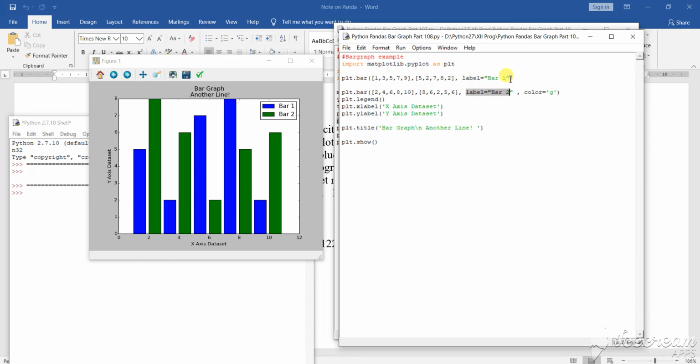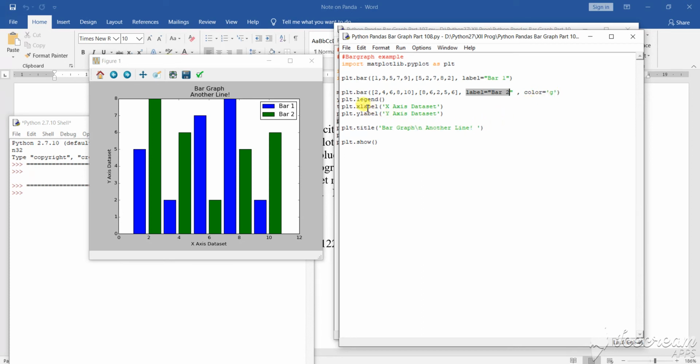Then the color specification. For the first one I didn't specify any color. For the second one I specified the color. I have done it intentionally, obviously, to show you that in the first case when I didn't specify, by default it is going to take a blue color. It will stay in your mind. I have said in my earlier videos also that by default it will take a blue color, and then I have specified the color as g, so it will take a green color. This is what it is going to do.